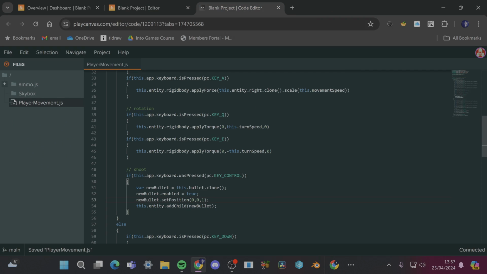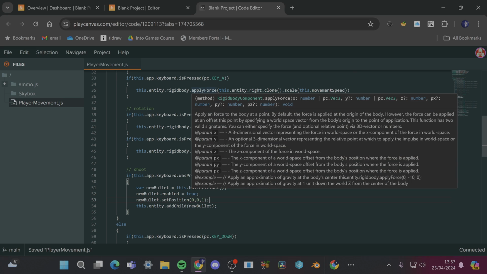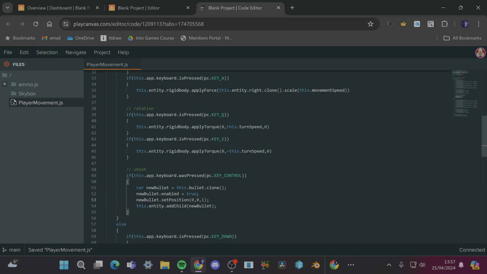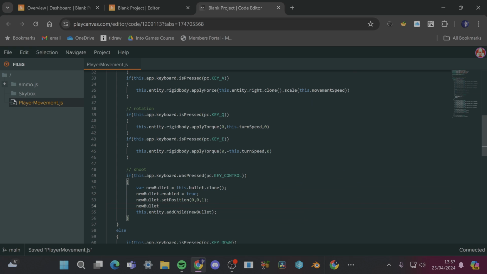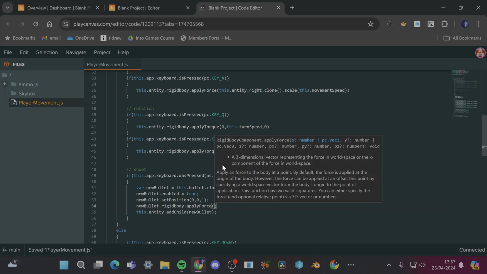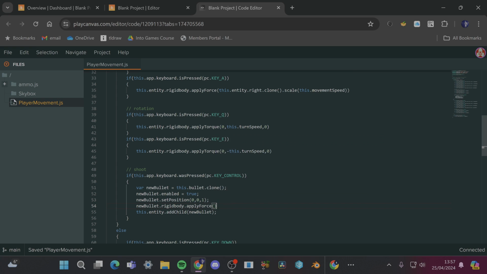And the last thing to do is, in the same way that we apply a force to the entity, we want to apply a force to the bullet as well. So again, we're referencing the bullet on this single frame. So new bullet dot rigid body dot apply force, and then, right, how do we want to do this? So the simple way to start with is going to be just sort of feeding in like a vector 3,